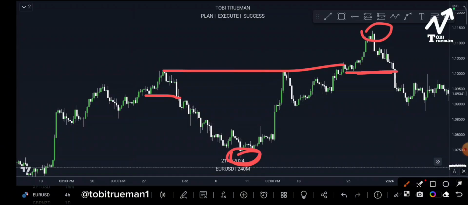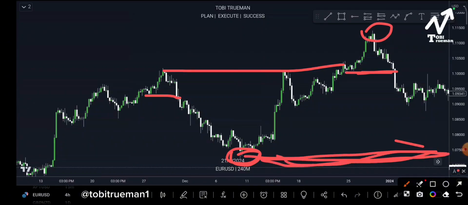All these things are very easy. Please, I'm saying it for the last time, watch the video on market structure, that smart money market structure. You get this very clearly. So when this happened, I know that this is the low point. So I'm expecting price to either respect this low point or